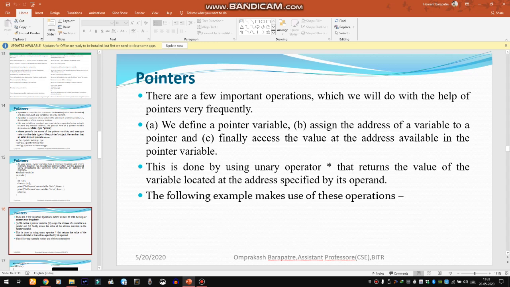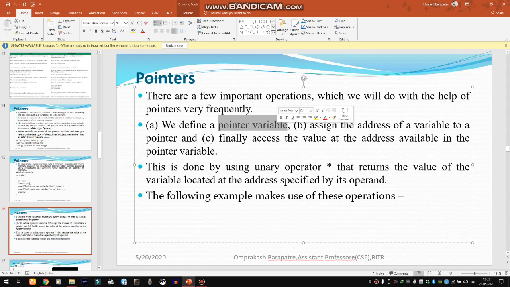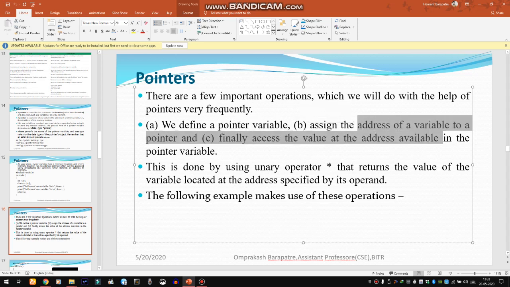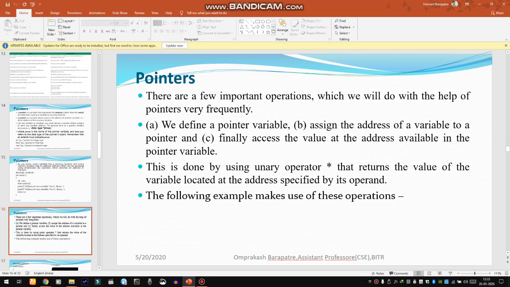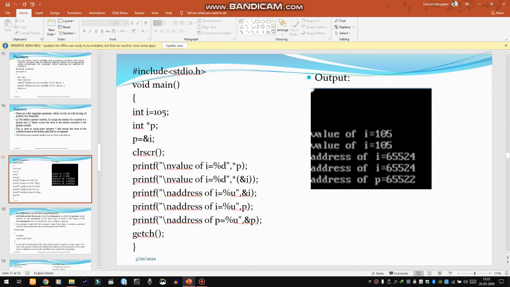So first we define a pointer variable, then assign the address of a variable to it, and then access the value at this address. These operations are done with the help of the asterisk pointer operator and the ampersand operator. Here we go with the example.